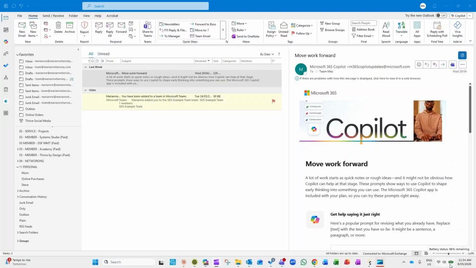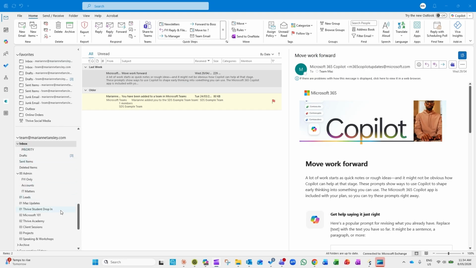If your exec's emails are landing in the same inbox as everything else, newsletters, CCs, and important updates, you are just one busy day away from missing something really important. So in this video, I'm going to show you how to set up one Outlook rule that automatically moves every email from your exec into a priority folder, and then it will flag it for follow-up, so it shows up in your task list in Microsoft To Do as well,